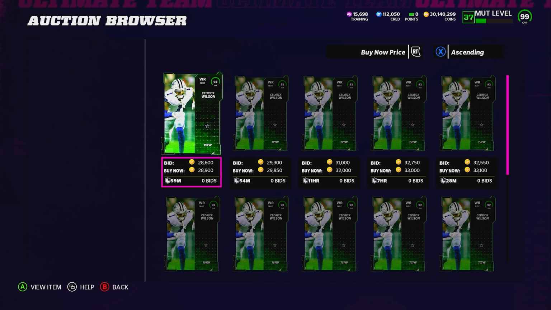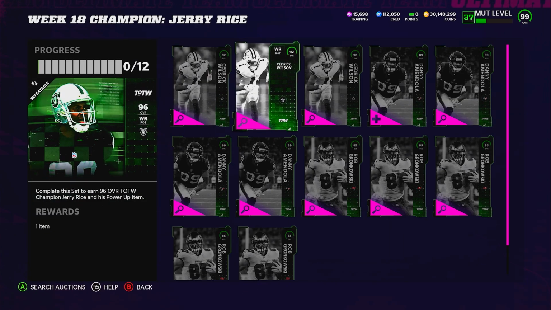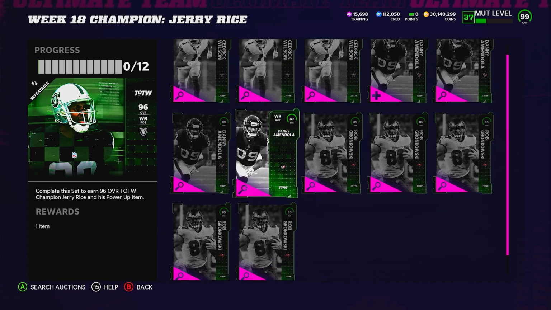You only need 3 cards to go up on the market. Really not even 3. You just need the highest one, Cedric Wilson, to go up on the block. The 85 or whatever won't go up. The 89 might go up a little bit. But the 92 overall, as soon as Jerry Rice forever gets his Ultimate Legend, you can expect that Cedric Wilson